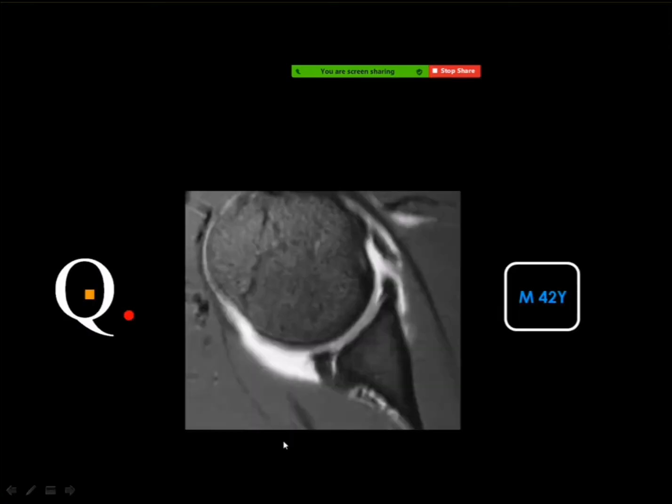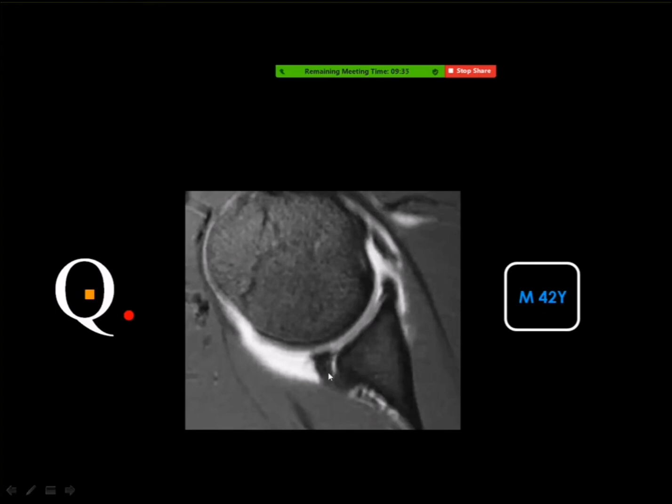And this is an MRI axial image of the shoulder. Reverse Bankart, yes, very good. And this is a torn posterior labrum. And you see that the anterior labrum is intact. And this is the middle glenohumeral ligament. And this is the subscapularis tendon. And here you got rupture of the